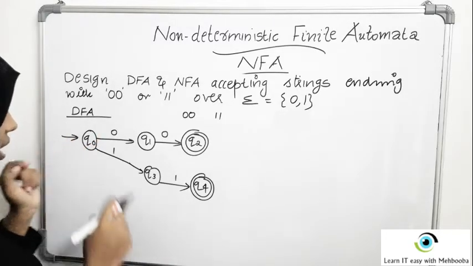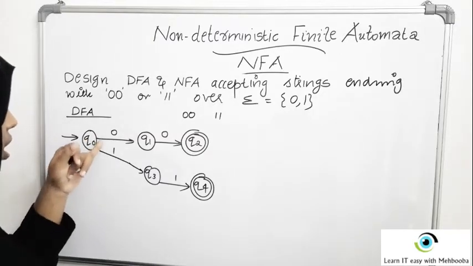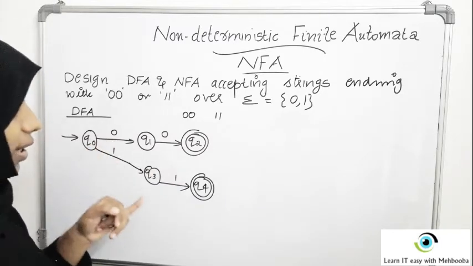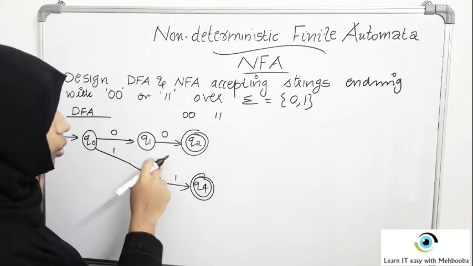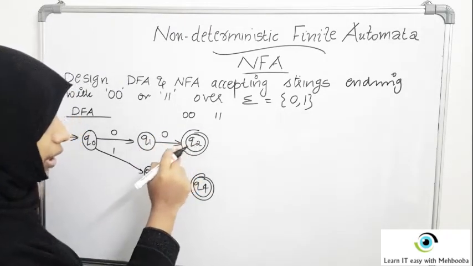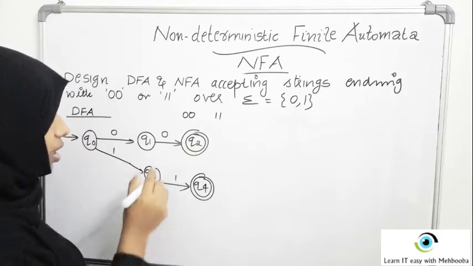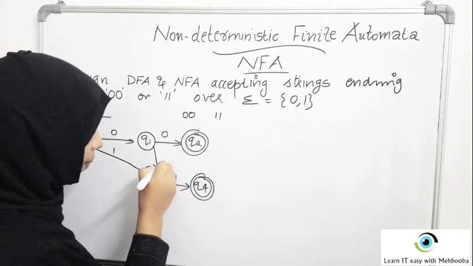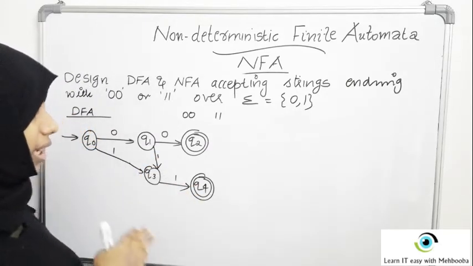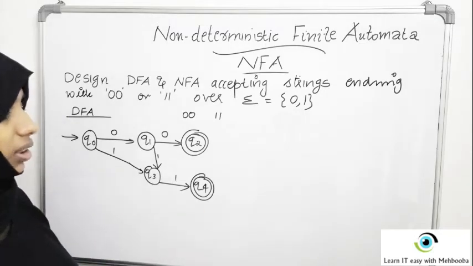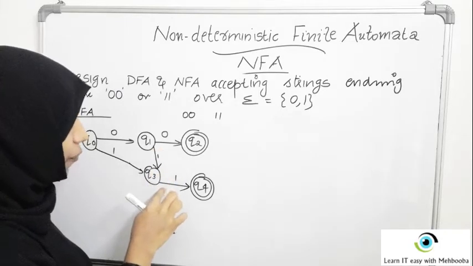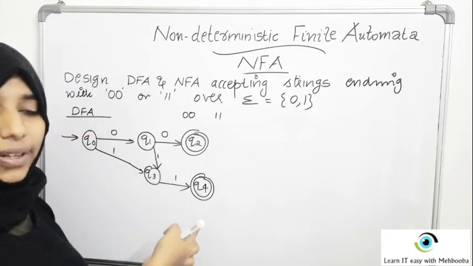In case of Q0, what if 0 comes? That is addressed. What if 1 comes? That has been addressed. Now in Q1, what if 1 comes? If it is 0, you can go here, that's defined. If 1 comes, you can come here expecting one more 1, so that you will reach the goal node, because the DFA should accept all the strings that are ending with either 00 or 11, isn't it? So if you are getting a 1 at this point, just come here, wait for one more 1, so that you can reach the final state.